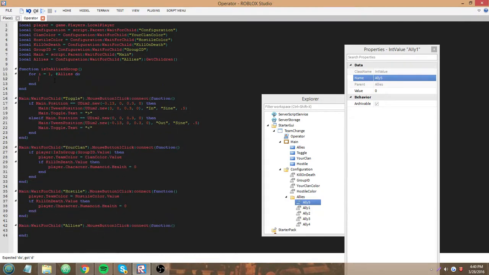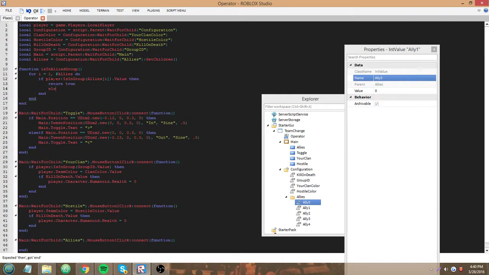I don't feel like using an in pairs loop. I feel like using a numeric loop to do this. If player is in group allies I dot value, then return true, else